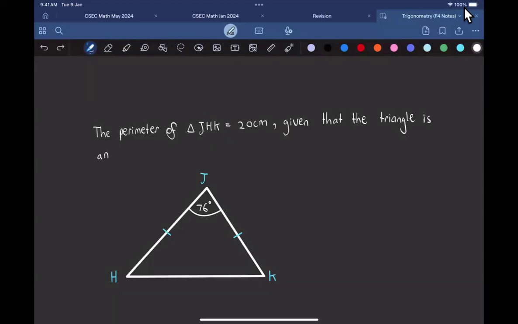Sasha, come out to play today. Yes, this is an isosceles triangle. Whenever you see this, it means that the lengths on both sides are the same. So the perimeter of triangle JHK is 20 centimeters. Given that the triangle is an isosceles, find